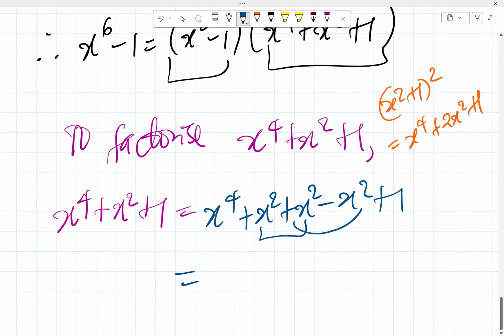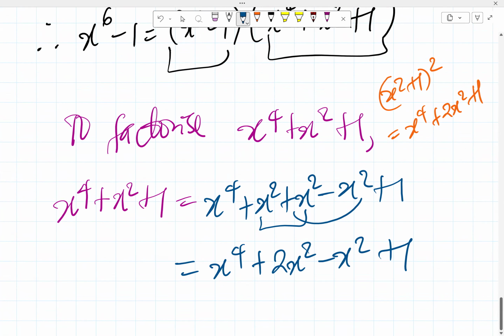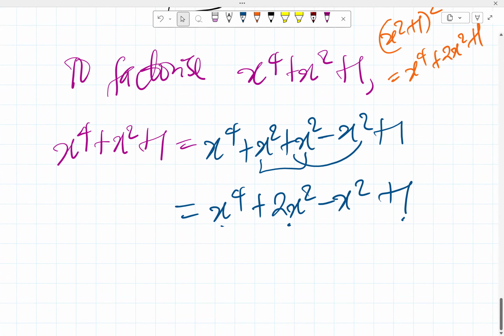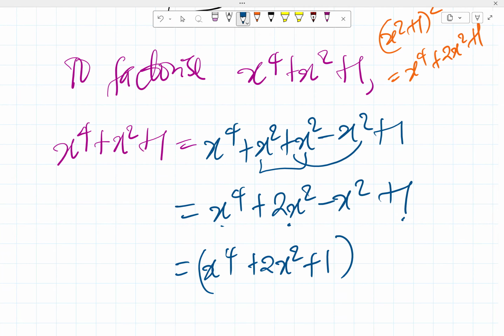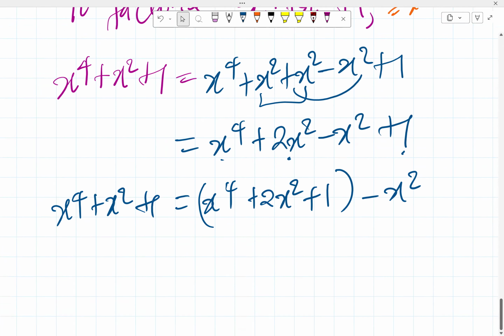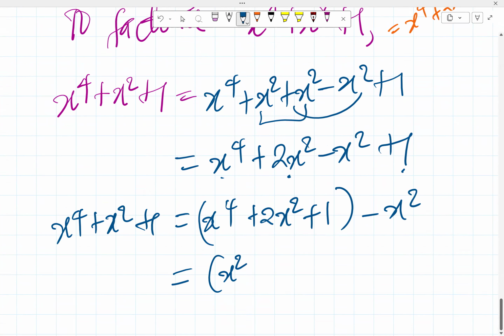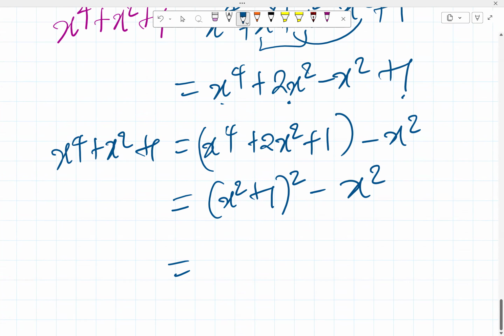Except that now I can then have x raised to power 4 plus 2x squared minus x squared plus 1. So you can see I have skillfully brought in minus x squared here so that now if I put this and this together, I have a perfect square. So I have x raised to power 4 plus 2x squared plus 1 together minus x squared. So this is x raised to power 4 plus x squared plus 1 now. So this is now equal to x squared plus 1 all squared minus x squared. Okay? So now we have difference of two squares sweetly, that's x squared plus 1 into